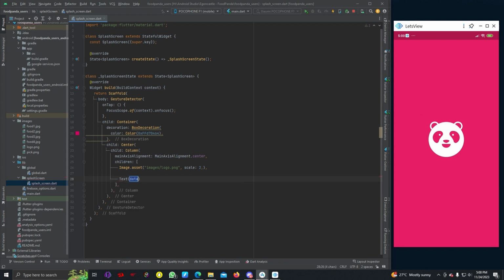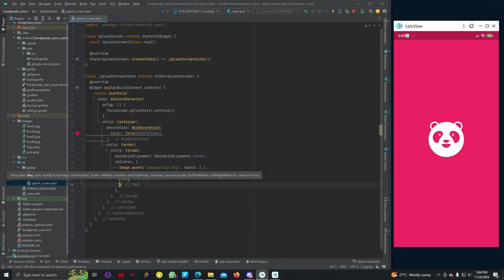Then text Foodpanda clone. You can see this is how our text looks like,